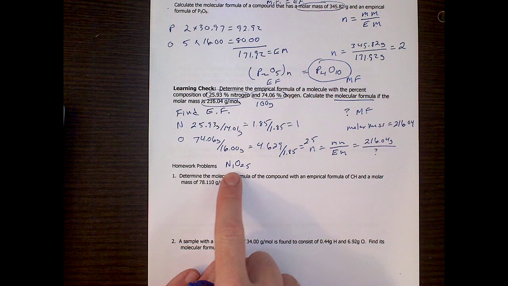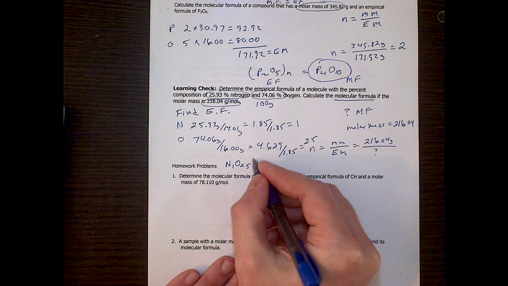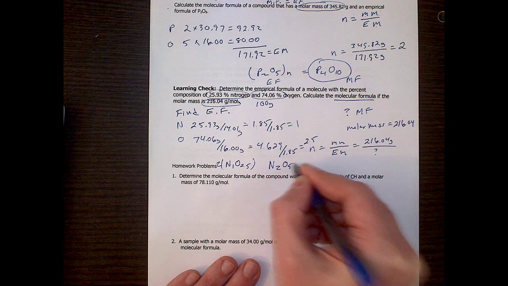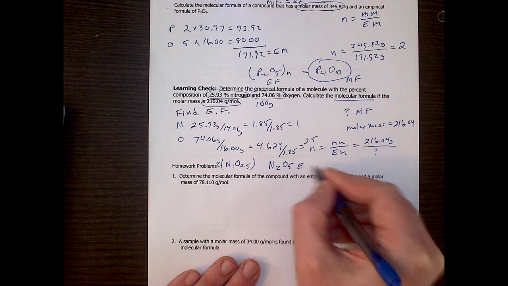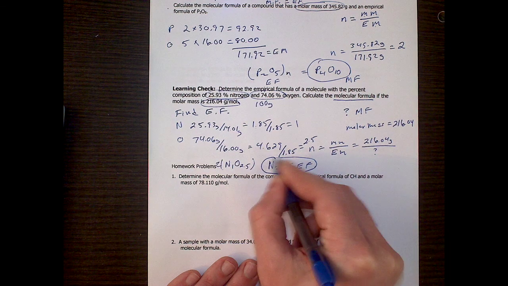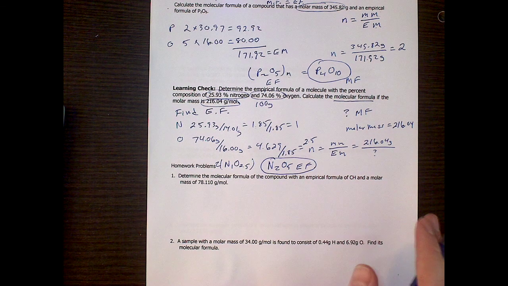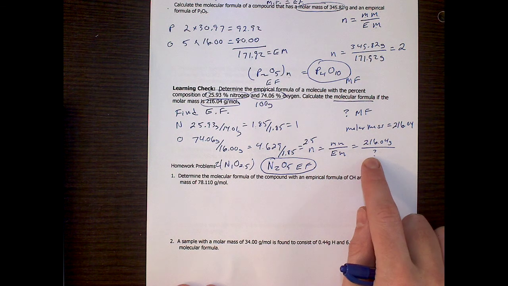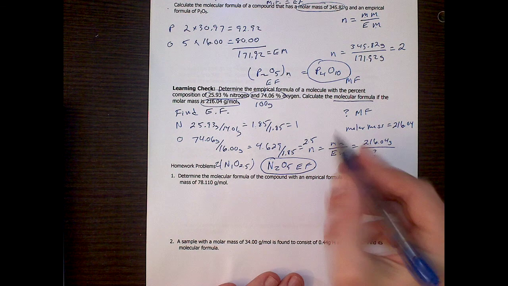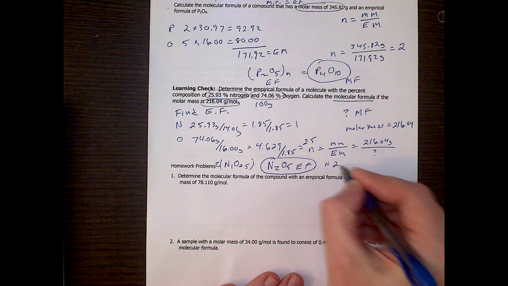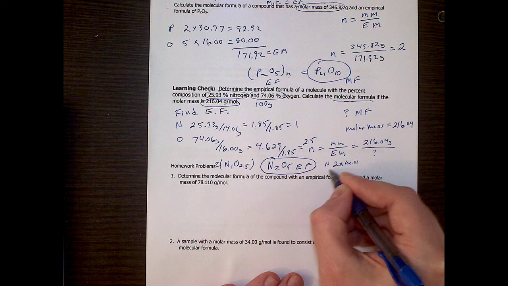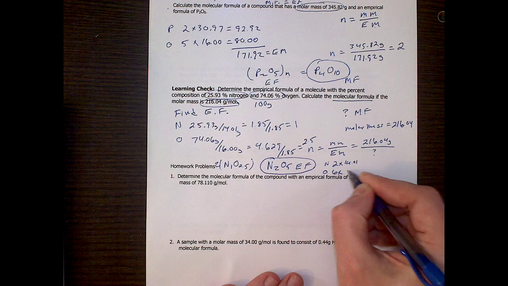So I'm going to multiply this to get these into integers. So I'm going to take this, multiply it by 2, and I get N2O5. This is my empirical formula, okay? I'm going to put a box around it. All right, if that's my empirical formula, what I need to do now is calculate what is my empirical mass. All right, so I've got N, I've got 2 of those, times 14.01, and I've got oxygen, I've got 6 of them,